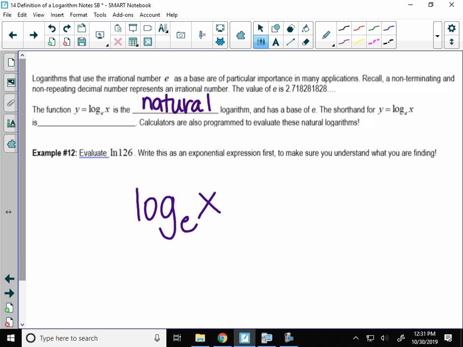All right, we're going to use e a lot. Where did we see e already? And what kind of formula? Continuous compounding interest. So e shows up a lot. So they said, okay, we're using 10 a lot, we're using e a lot, let's make a special kind of log for it. So they call it the natural logarithm, and there's a shorthand way of writing that as well. It is ln of x.